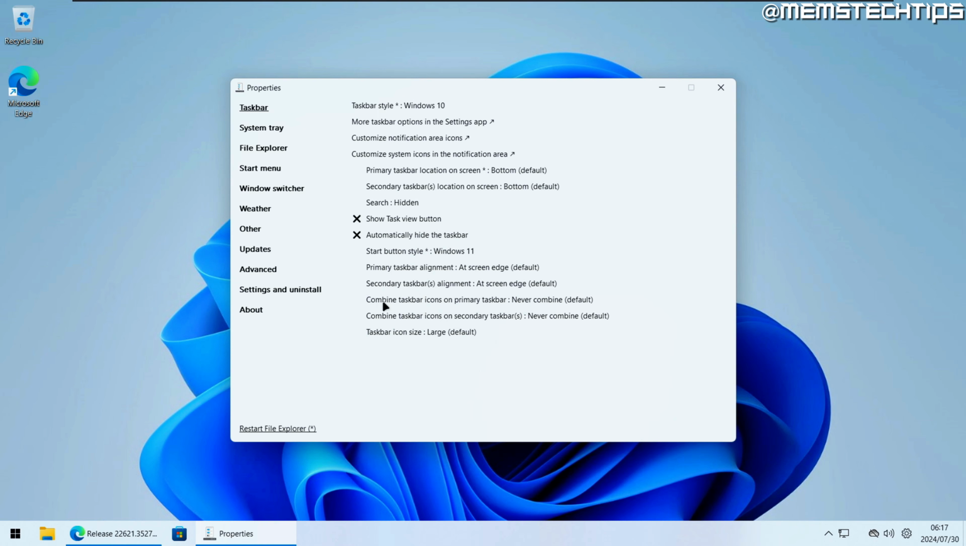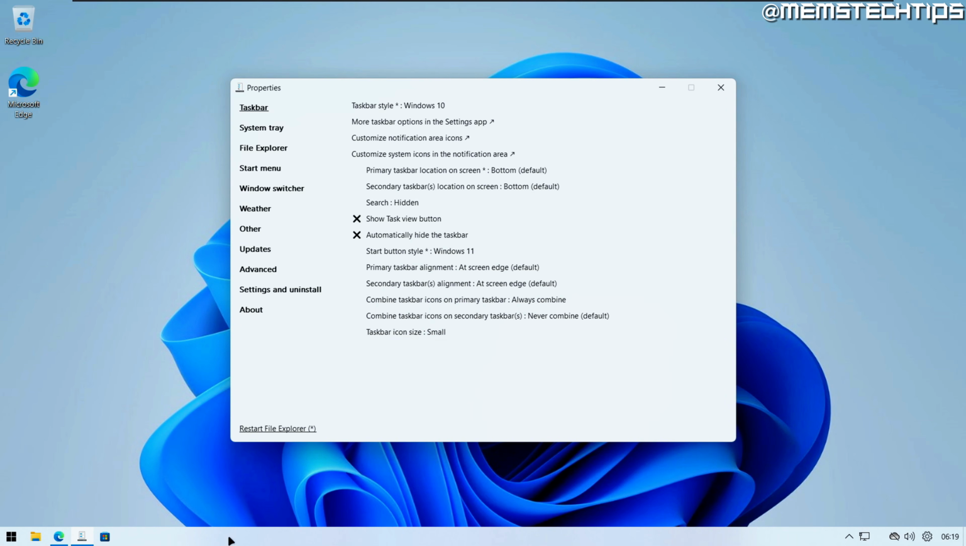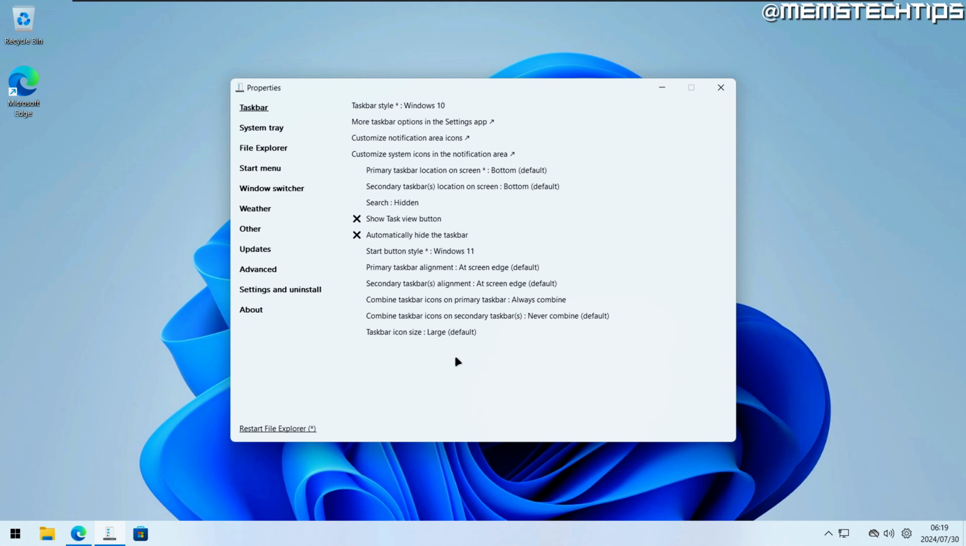And then you have the option for both primary monitors and secondary monitors if you want to combine the taskbar icons. So as you can see, these taskbar icons here, because they're open, it also displays the text. So if I change this to always combine, it's not going to show the labels anymore. It just shows the icon. And you can change the setting to whatever you want. And then lastly, you can change the taskbar icon size. Large is the default, and then small will make the taskbar even smaller. Let's just leave it on the default for now,